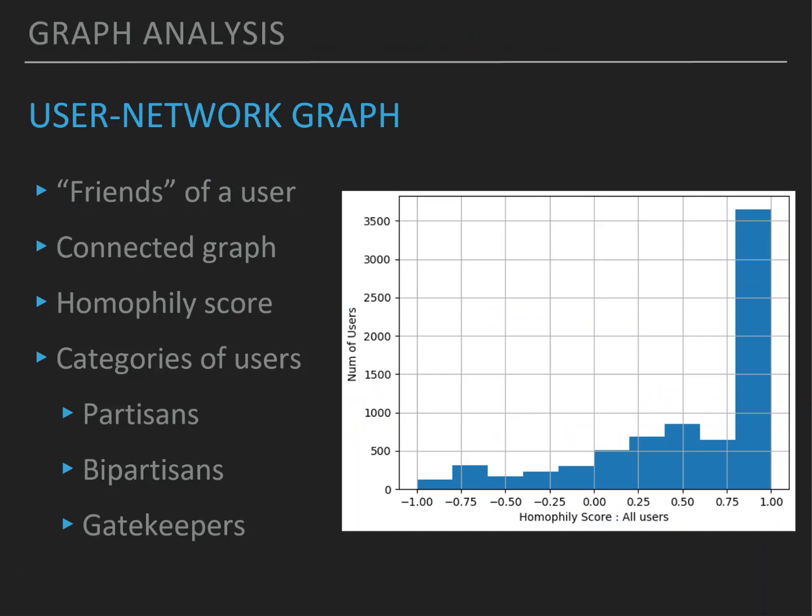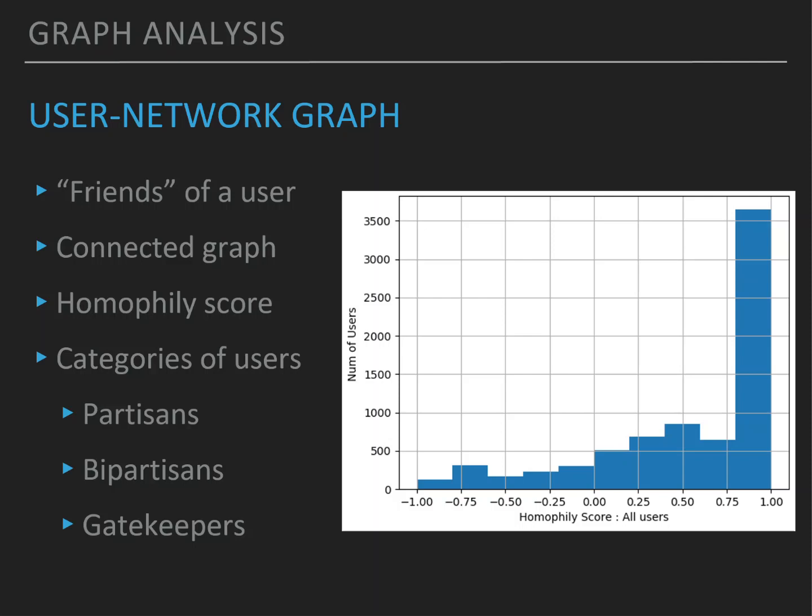For the Obamacare dataset, the 8,600 users were densely connected in the graph with over 1 million edges. In this network, an echo chamber is characterized based on a user's immediate network and a measure of a homophily score. Homophily is the tendency of a user to link more with those that share similar views. So the higher the homophily score, the more likely that user is inside an echo chamber.